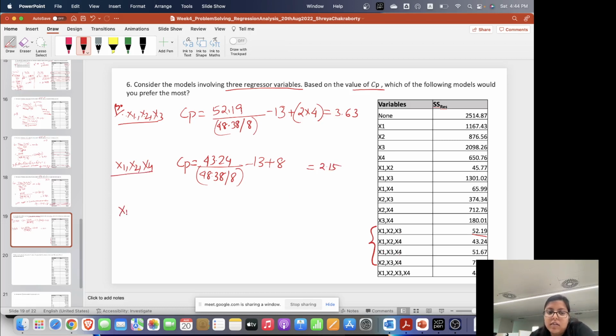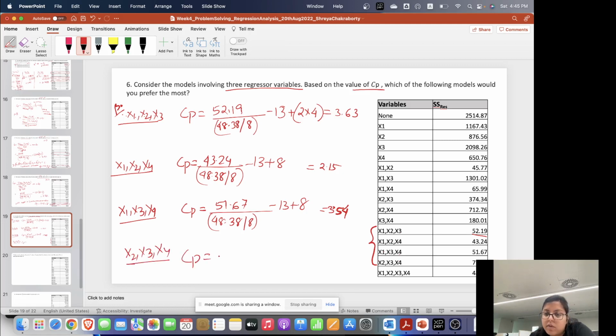Then for the third model, Cp would be 51.67 by 48.38 by 8, minus 13 plus 8, which would be 3.54. And the other one is x2, x3 and x4. So in this case Cp would be